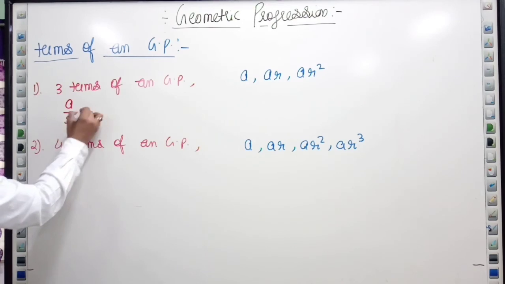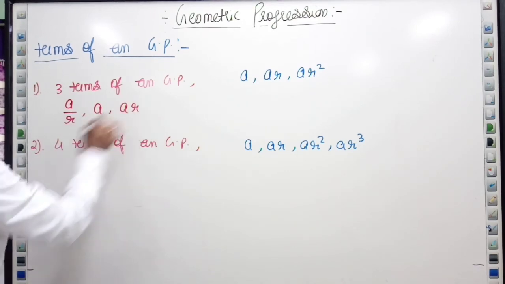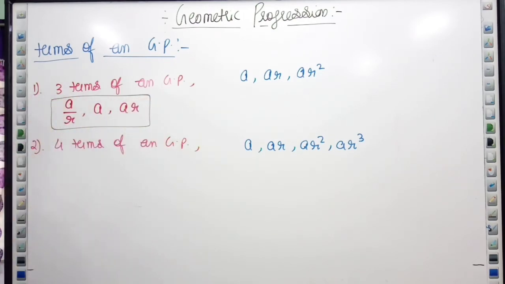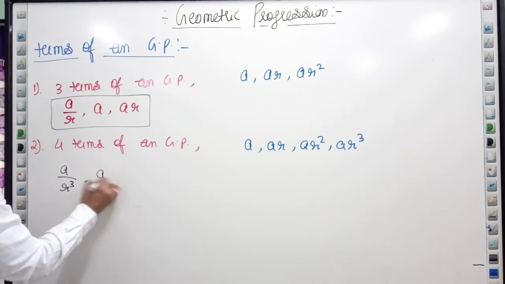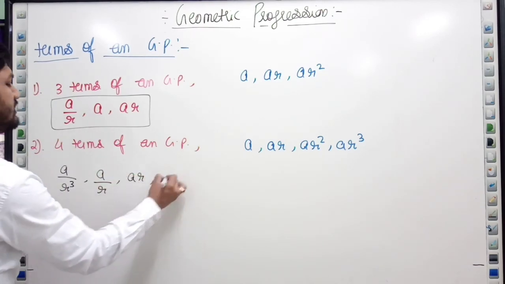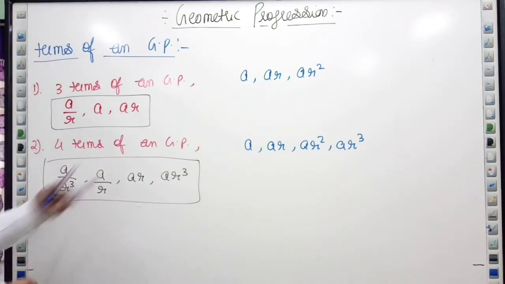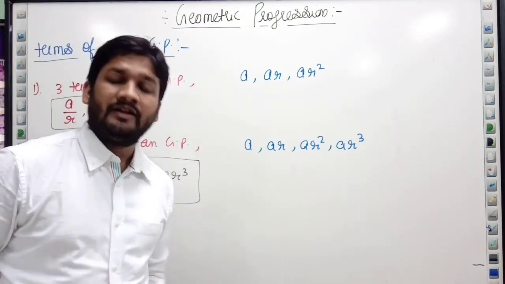Take the 3 terms like this: a by r, a and ar. What did I say to take? a by r, a and ar, it will be easy. And for 4 terms: a by r cube, a by r, ar and ar cube. So it will be easy to calculate. Otherwise, if you take them another way, there is no problem. That's all